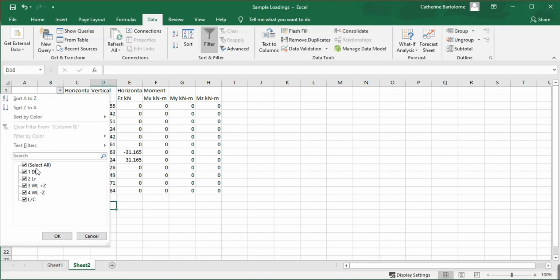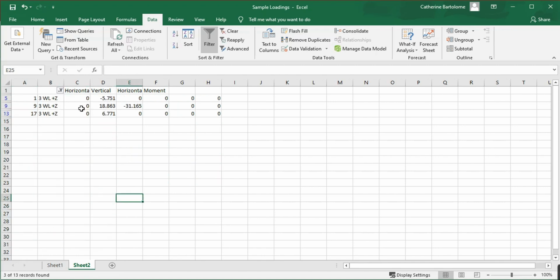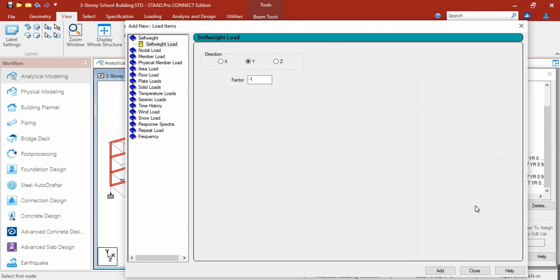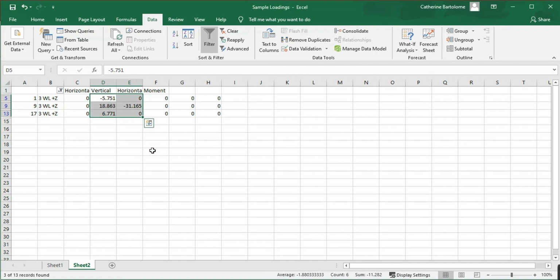Then let's filter for WLZ. So these are now the forces to be included in positive Z. So in our model, positive Z, let's click add. So we can add a load. This is just a nodal load for vertical and horizontal. Okay, so we can directly include it in our editor once we know the values.